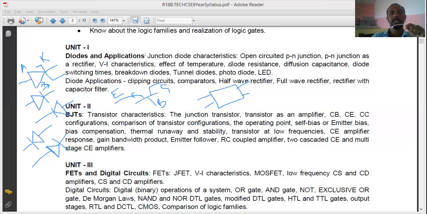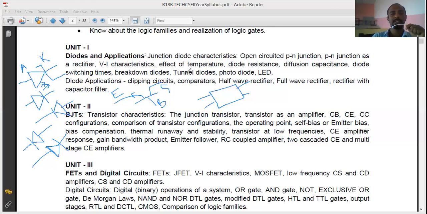And an inductor stores energy in the form of current, whereas a capacitor stores energy in the form of voltage, when you apply voltage across the inductor and capacitor. So they are called passive devices. Now, what are these active devices? For making them work, you have to apply some external DC voltages.